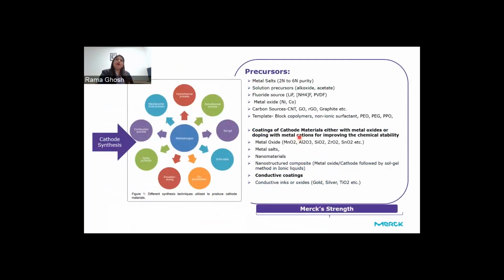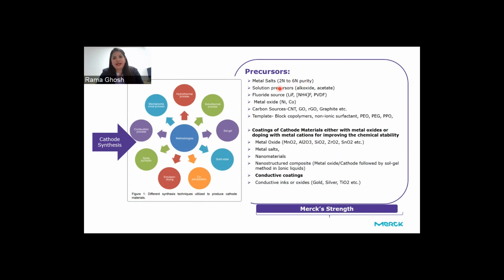So when you are working on the modifications of your cathode, there are a lot of technologies that have been used so far. These are the widely used methods to make your cathode, like hydrothermal, solvothermal, sol-gel, solid-state, co-precipitation, emulsifying, spray, pyrolysis. Now the main question is, when you want to increase your performance or modify the features of a battery and want to do further cathode chemistry, you require a lot of precursor